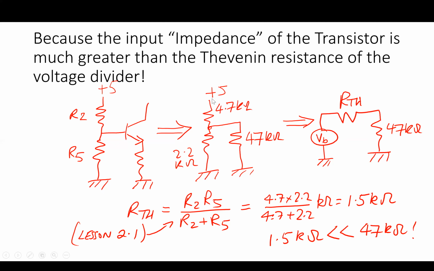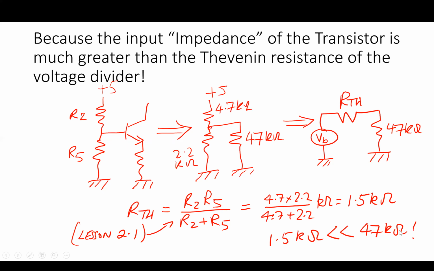And from lesson 2.1, you will no doubt remember that that looks like the combination of these two resistors in parallel, or R2 times R5 divided by R2 plus R5. And here we go. We put the numbers in, 4.7 kilo ohms, 2.2 kilo ohms, and we get 1.5 kilo ohms